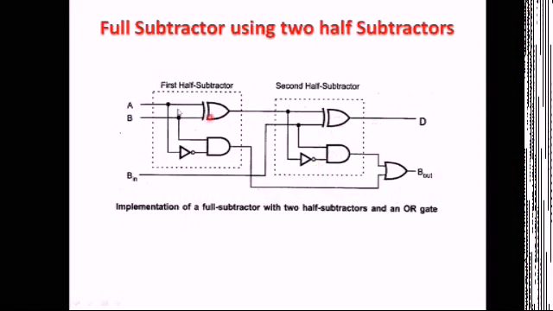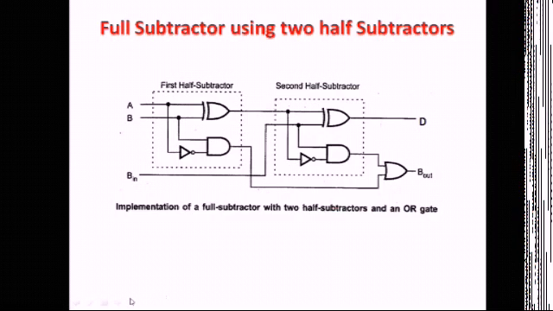And this one is D. So what is D? D is A XOR B. From here we are getting A XOR B. Let us write here A XOR B, and from here again B in is coming. So here we are getting D is equal to A XOR B XOR B in. Next is this one. From here what we are getting, see the expression is like this.